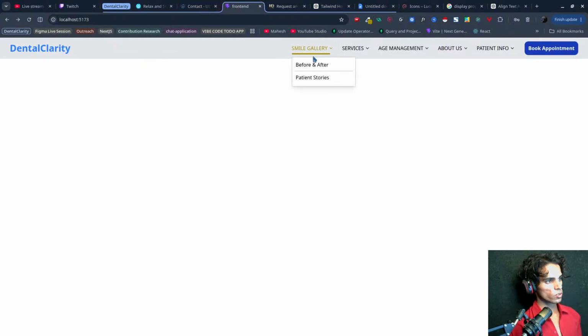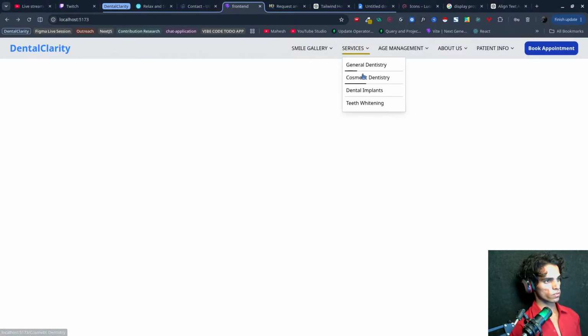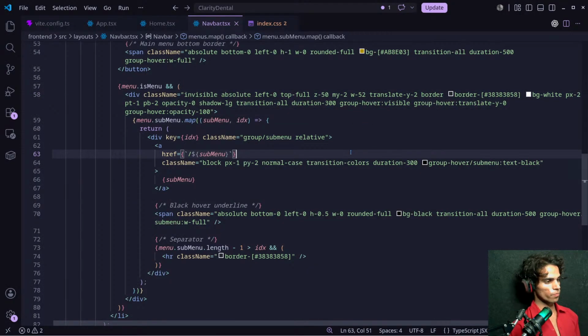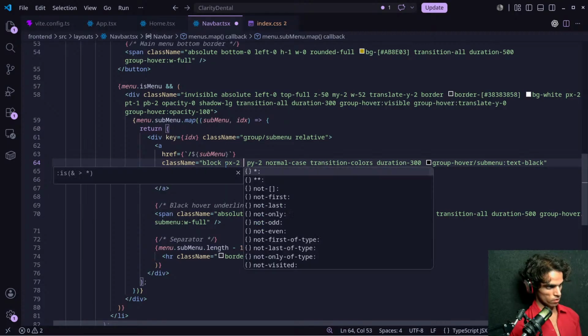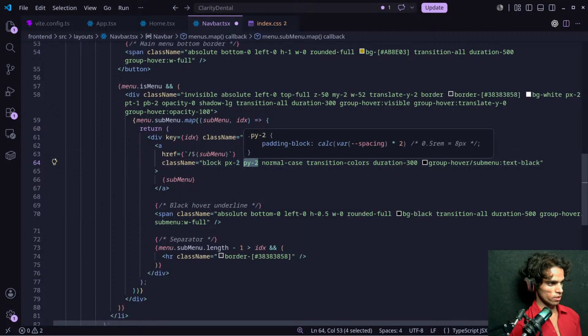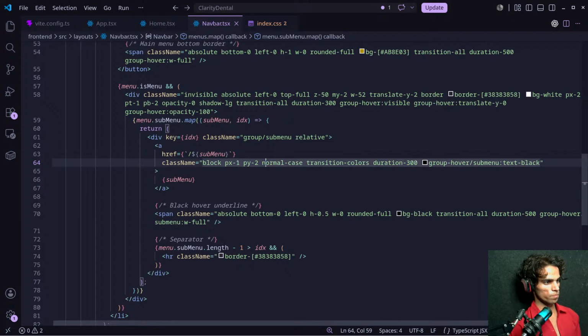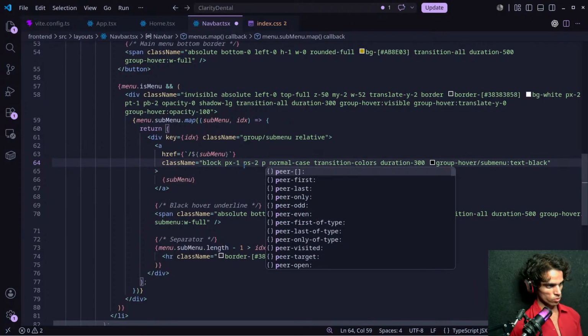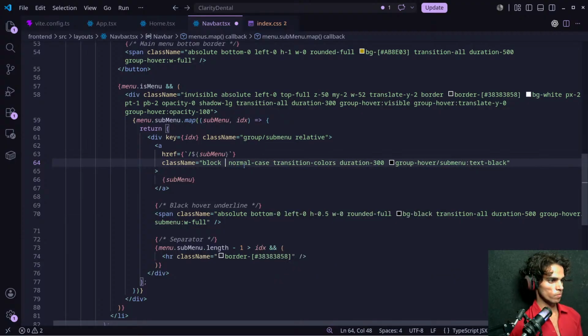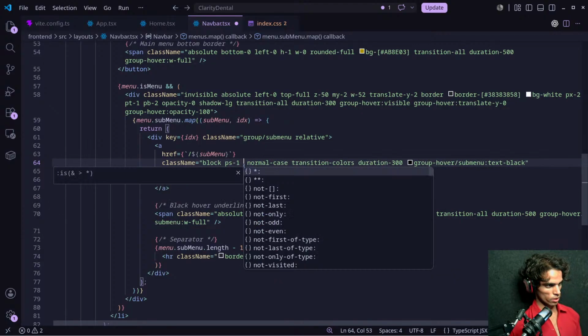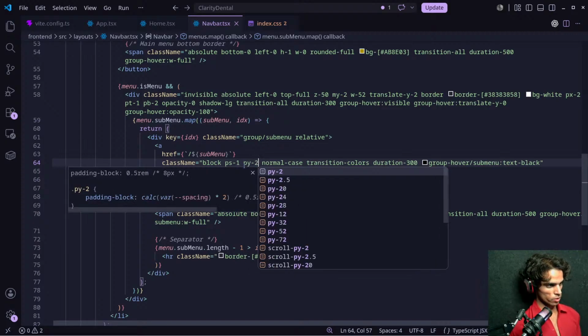Okay, py is equal to 2 and px will be 1, and py will be 2. For this, padding start will be 1 and py will be 2.